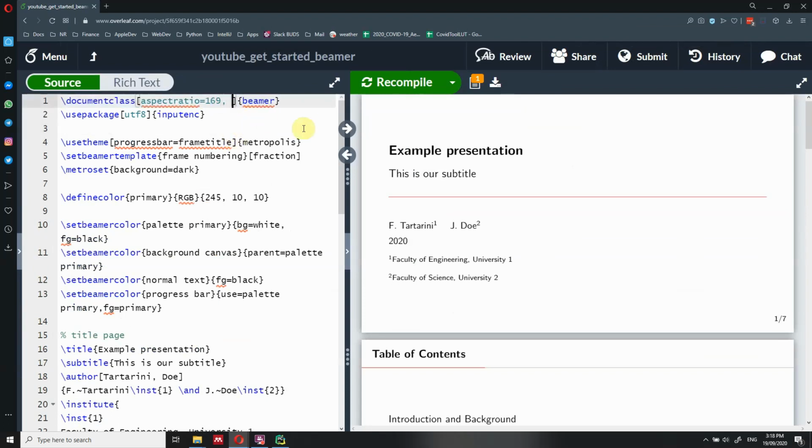So we want to change that to a new font size. Let's change it to 18 point. You just have to type the number and the font size, and that should do the job. Let me recompile it.